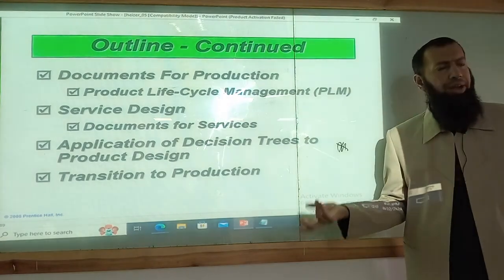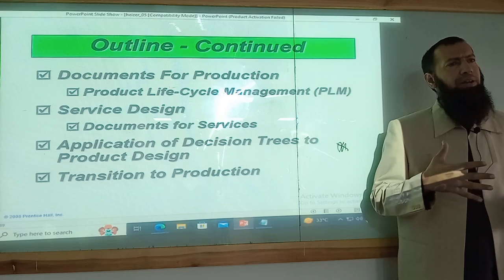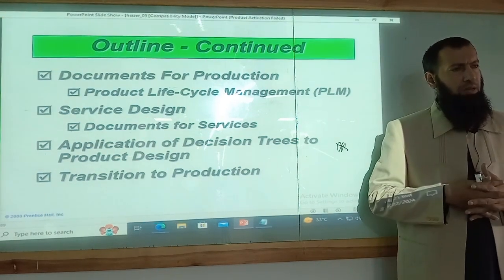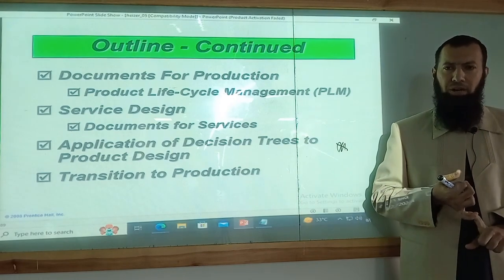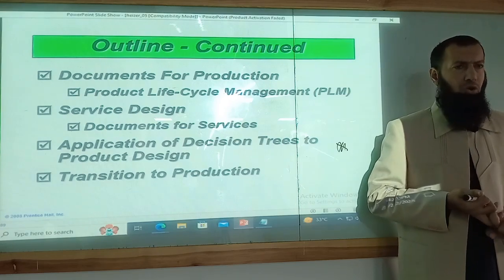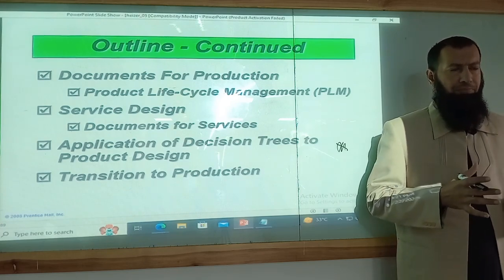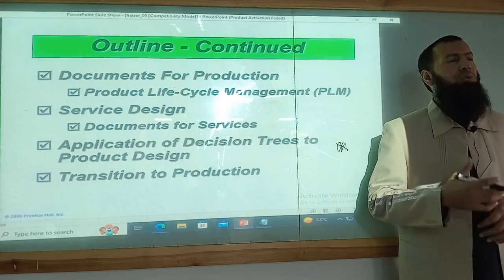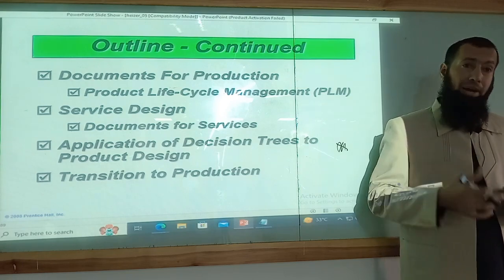Documentation is important, and documentation basically is recommended when you want to expand your product or services. For example, when you purchase a Microsoft product, Microsoft Windows, you always get documentation. When you purchase a car, you get documentation. Documentation is basically the specification about your product. It helps you in understanding more about the product, and you can expand the product through that documentation, and you can better operate the product.